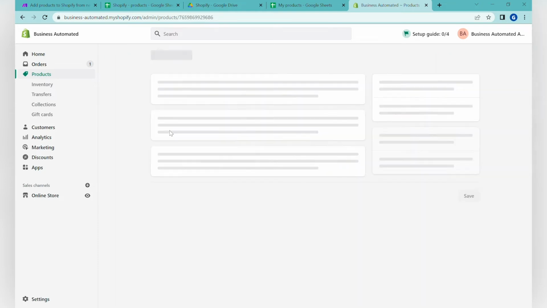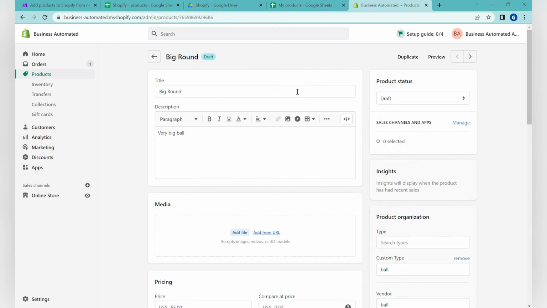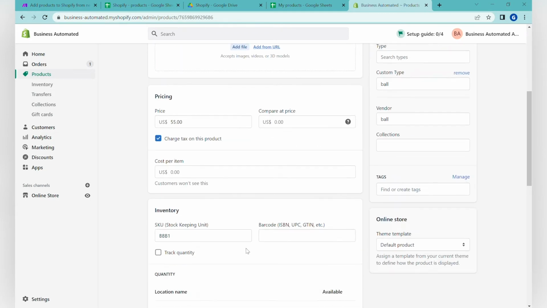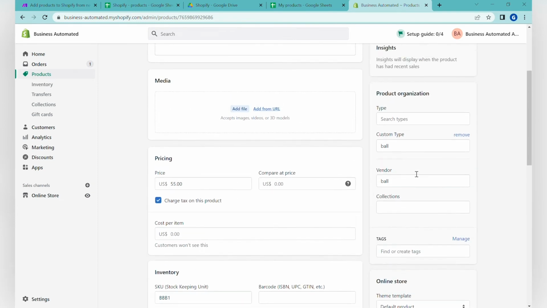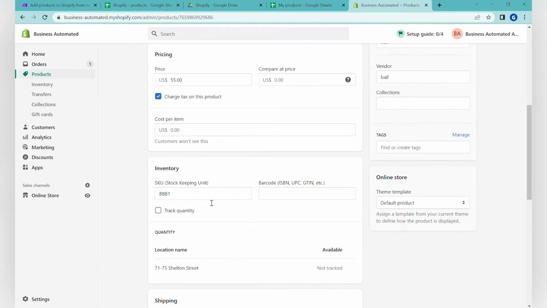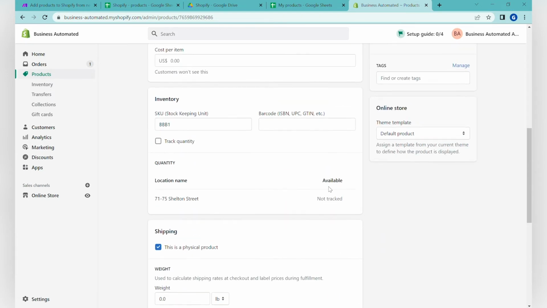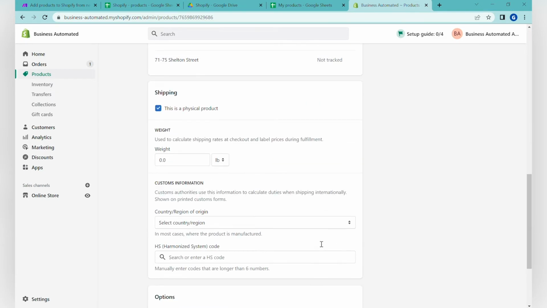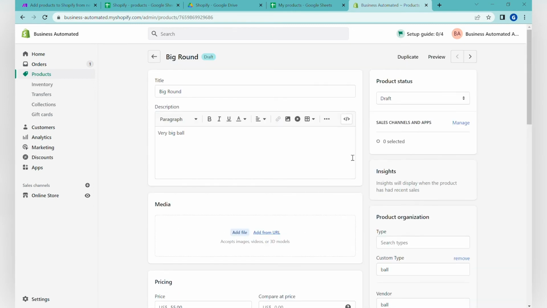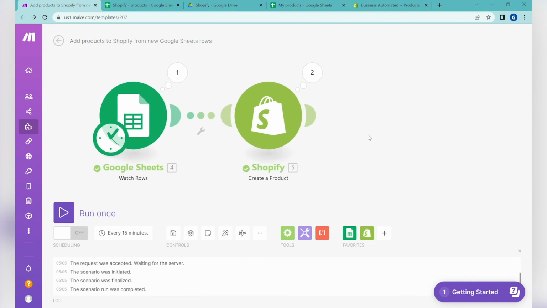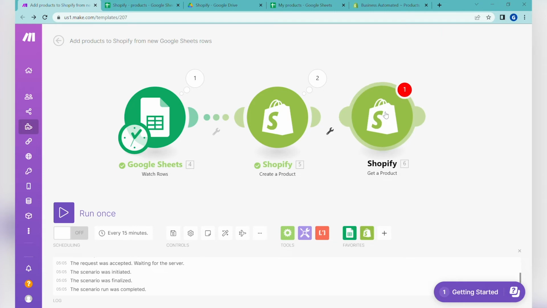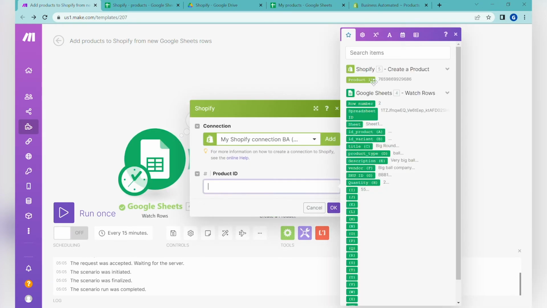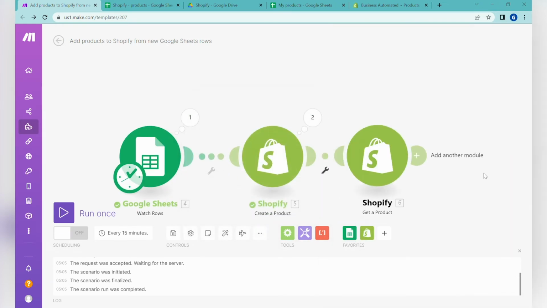So we basically wanted to make sure that we can capture the product ID of this product, but also once we have a variant over here, we will be able to see the ID of the variant that we have, so that this product can also have a variant ID that is tracked in case we would add more variants. It's not necessary if you have products with single variants, but might prove helpful. So what we'll do over here, we will do one more step. We will say get product,